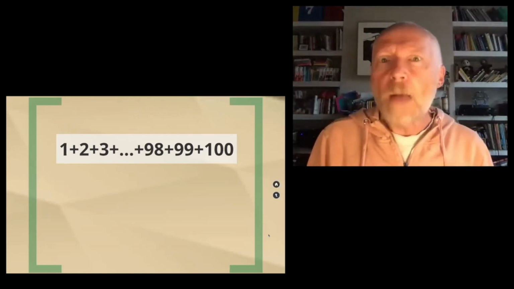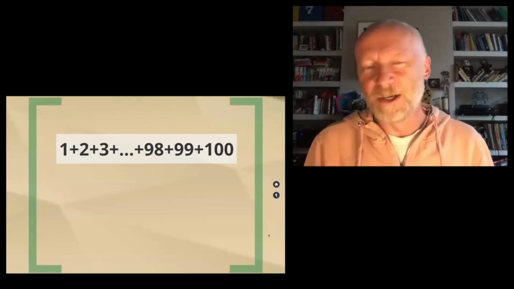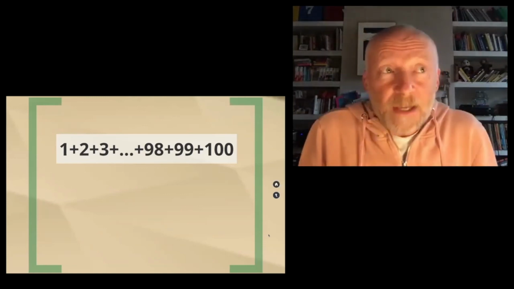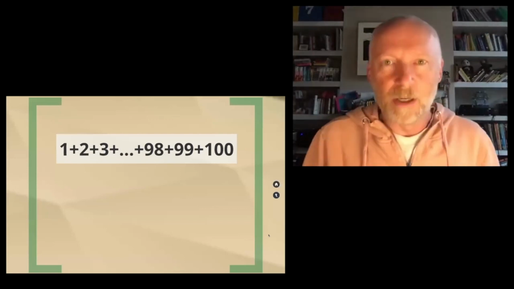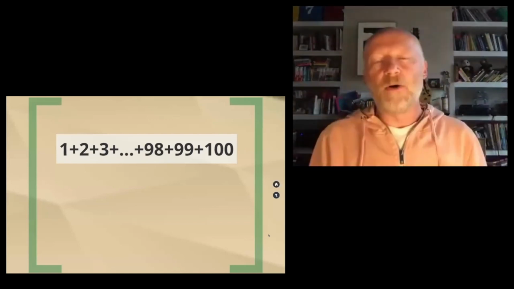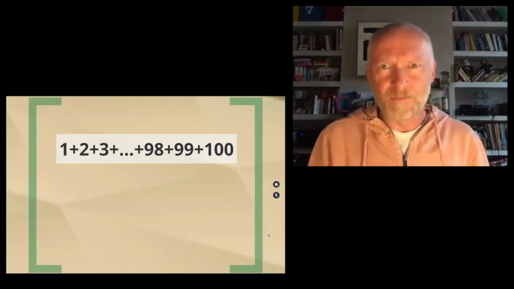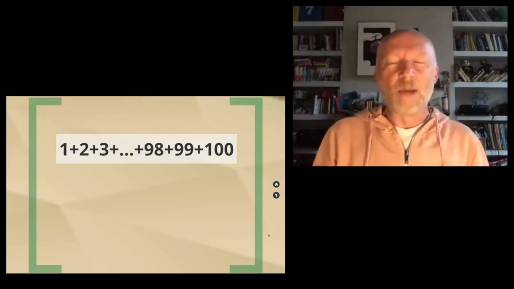So Herr Buttner, the teacher, thought, well, this will just keep them busy for some time so I can get a little bit of rest. However, before he even finished setting the task, the young Gauss had written down the number on his chalkboard and slammed it down on the teacher's desk. The teacher was shocked and thought this impudent young man was just putting some random number down.